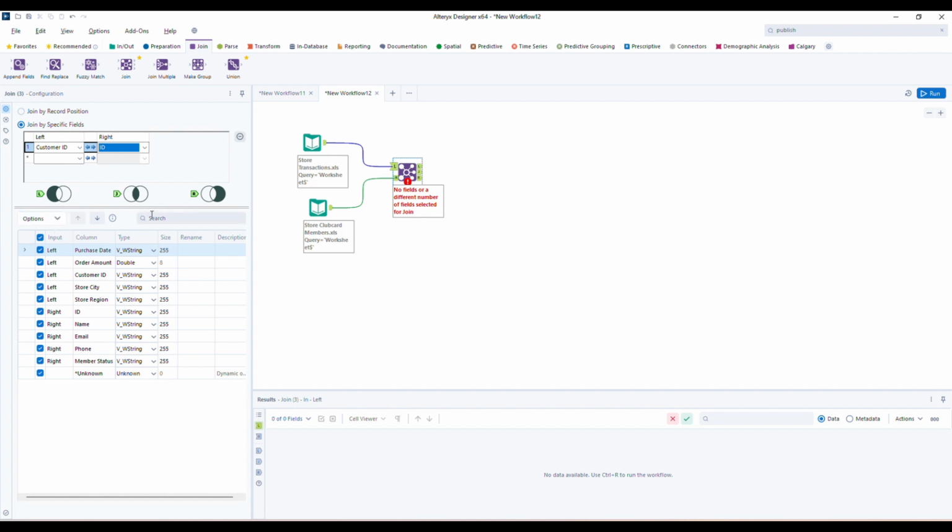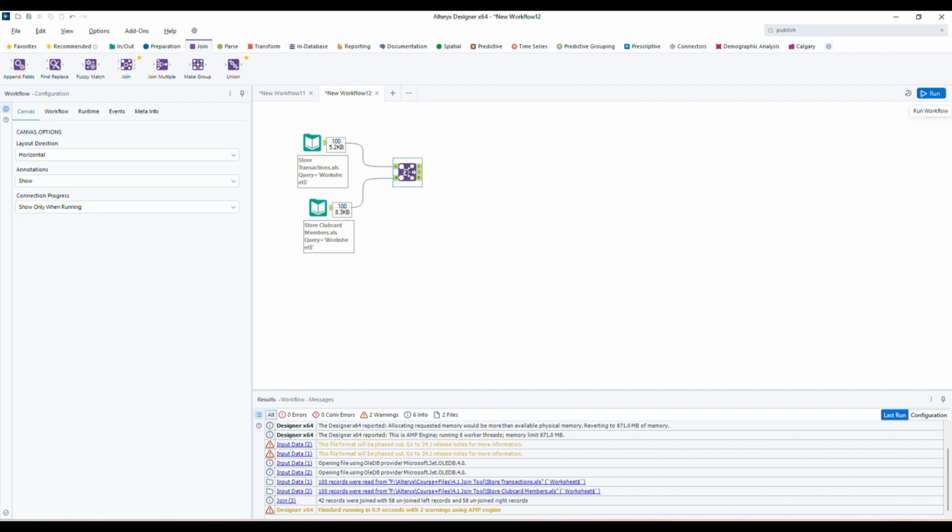And if you observe this window here, what are the columns you are going to select, for example, from the left table, what are the required columns, and from the right table what are the required columns we want to flow in this workflow. And I'm unchecking ID from the right table because I'm using it from the left table, and show region, member status, and whatever the necessary columns, you can check and uncheck based on your requirement. And now run this workflow to get the output.